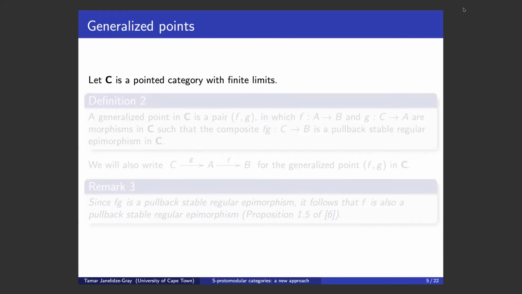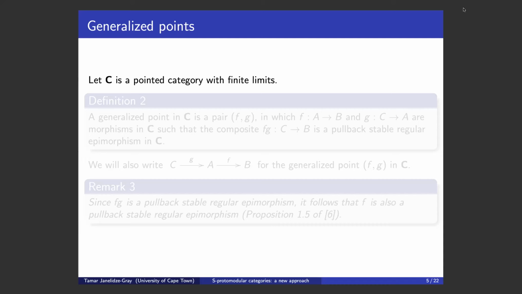So now we are moving to a pointed category with finite limits. By the way, I didn't mention what we mean by finite limits. Well, of course, it's got its own definition, but in our context, what we need is we want it to be pointed and then we want it to have pullbacks. So if a category has terminal objects, and we do have them because it's pointed, and if it's got pullbacks, then that's equivalent to saying that the category has all finite limits.